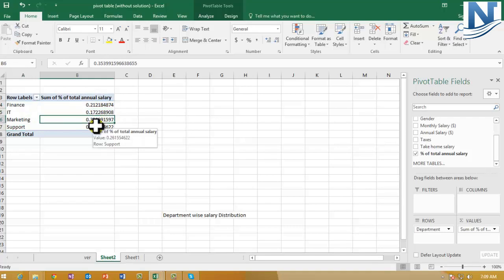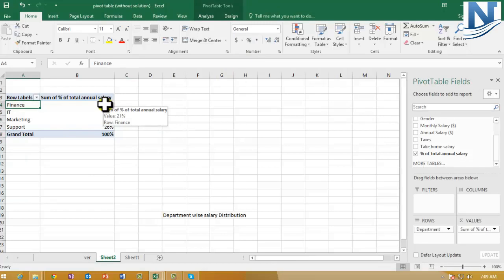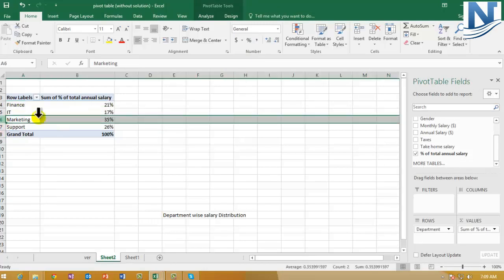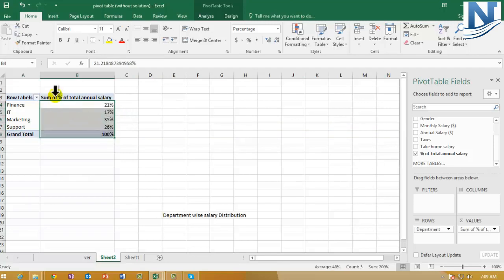This is in general format, that is why you are not able to see the percentage. I'll just select everything and click on percentage. So the finance department draws 21% of the salary, IT draws 17, marketing draws 35, and similarly support draws 25. Total comes to 100. So this is your sum of the total annual salary, given in percentage according to all departments.